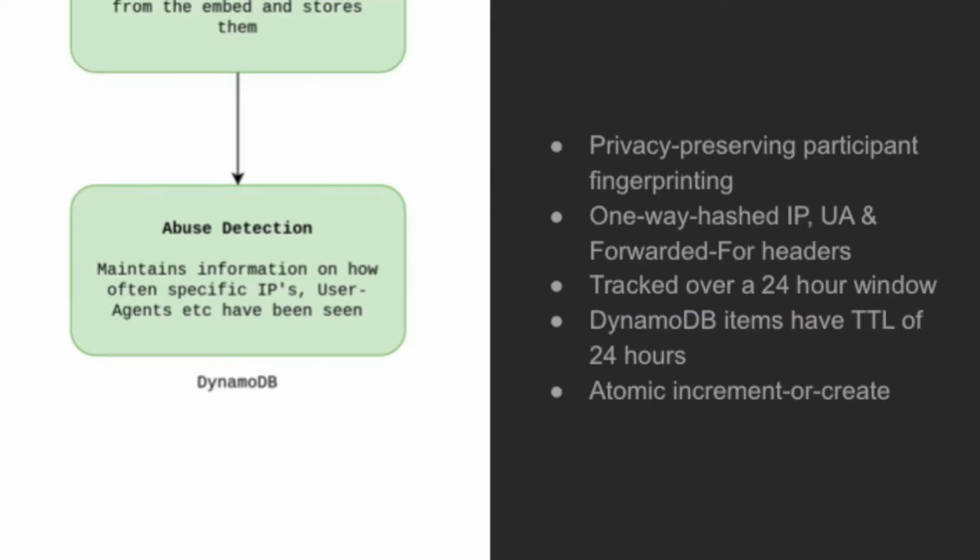Then the abuse detection service. Now, when a request comes in, we grab its source IP and the user agent and forwarded-for headers, and we call that the fingerprint of that request. Then immediately after, we put those values through a one-way hash function with a secret salt/pepper string included, so it can't be reversed, so that if you look at the hash, you cannot know what the original IP or user agent string was. Those are then stuck into DynamoDB with a time to live for each key of 24 hours,